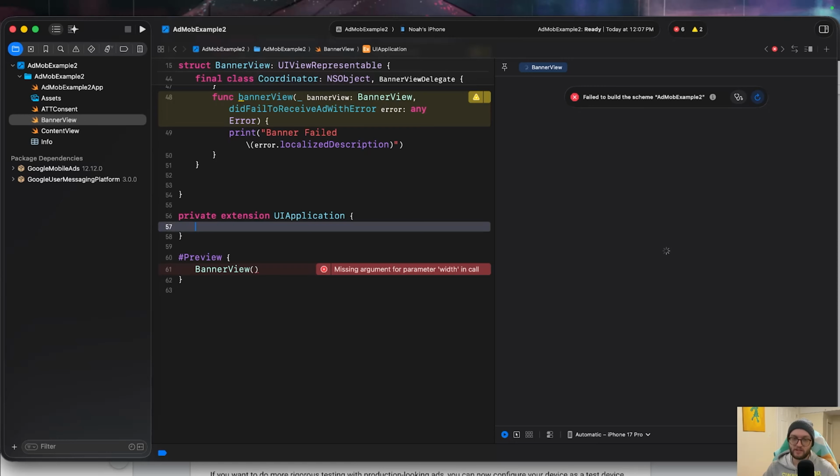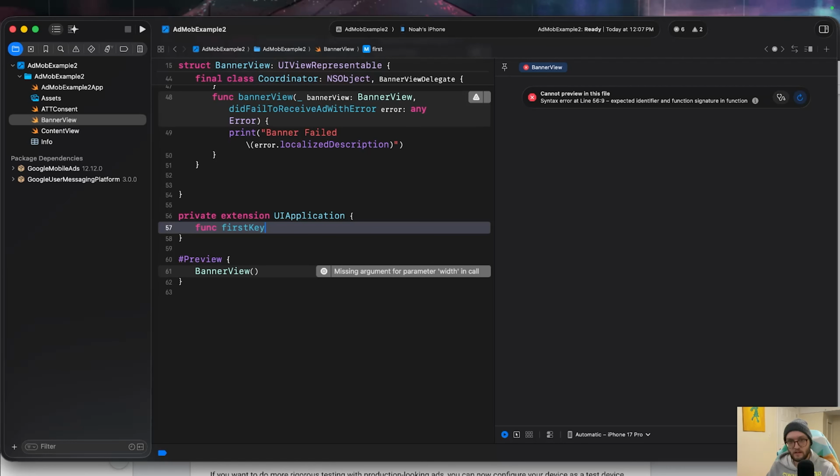GoogleMobileAds does still require it, but we're doing it through bridging with SwiftUI, way better. So we are requiring a valid UIViewController to present click-throughs to other full screen content, right? So when you click on an ad, maybe visiting a website. We'll create a function here and we'll call it firstKeyWindow